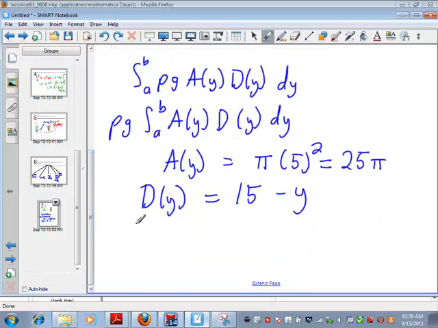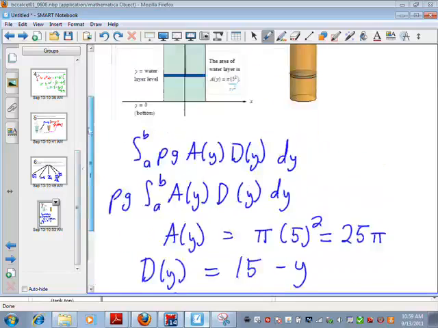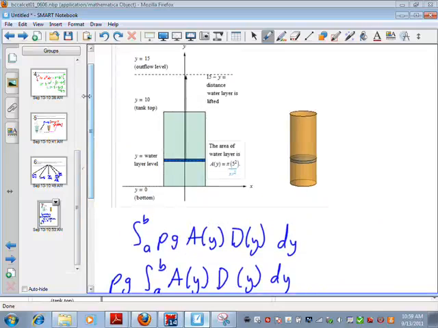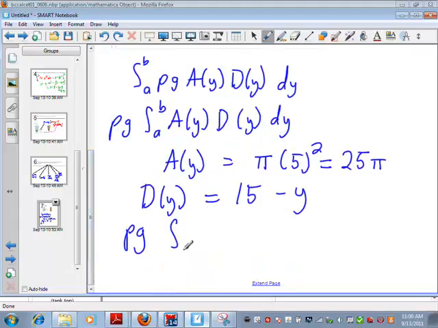Again, questions make the class much better. Rho times g, I don't really care about these. I'm a mathematician. So where is y varying? Y goes from what to what? 0 to 10, that's right. So y goes from 0 to 10 of 25 pi, which is about to come out too, times 15 minus y